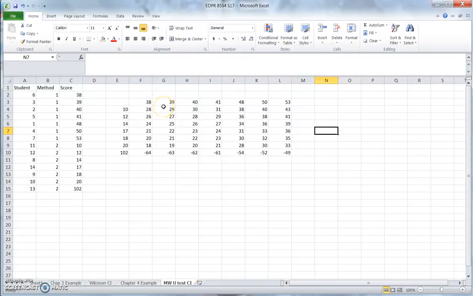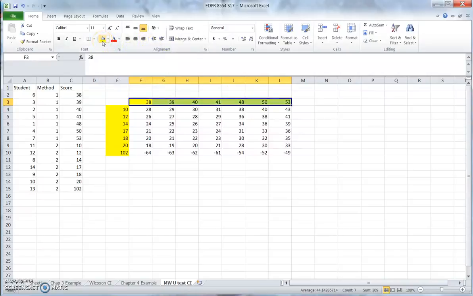Just to make things easier for yourself, highlight the scores from your data set. So I'm going to highlight them, and the rest of the numbers are the differences. The reason we want to sort the scores before we put them in the table to find their differences is because with the sorted numbers, you can find the largest differences in the upper right corner, and the small differences in this corner. However,